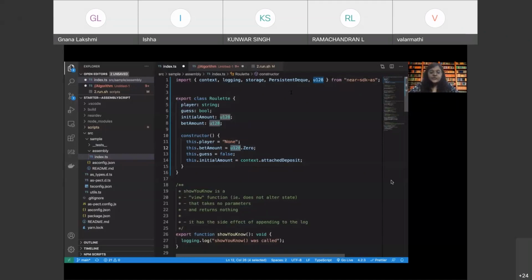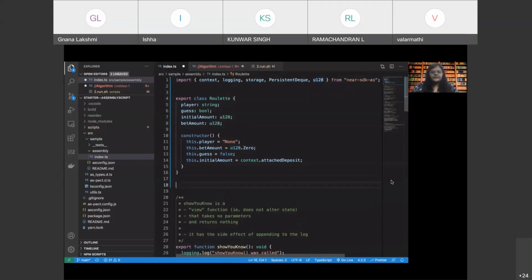That's why there is a U128 data type that can hold the amount of Near that is sent in as the deposit, right? So initially the bet amount is 0 and the player is, we have just put it as none, right? So now I'm going to define a persistent vector which will hold all the games.